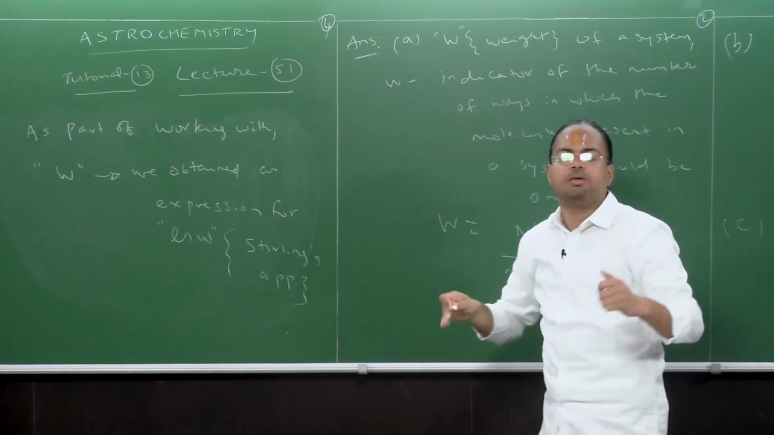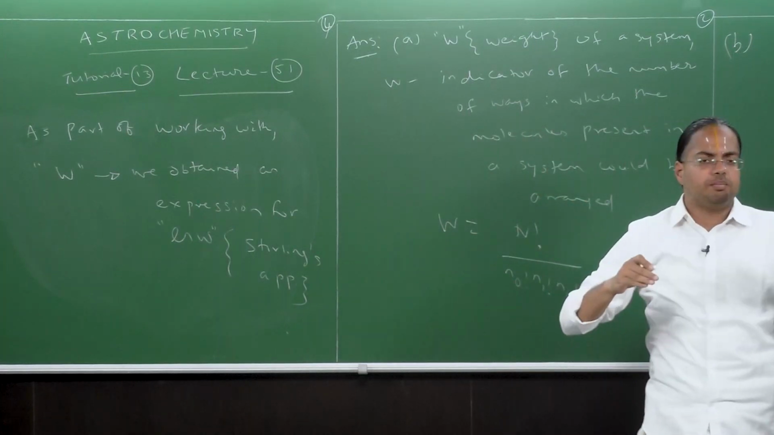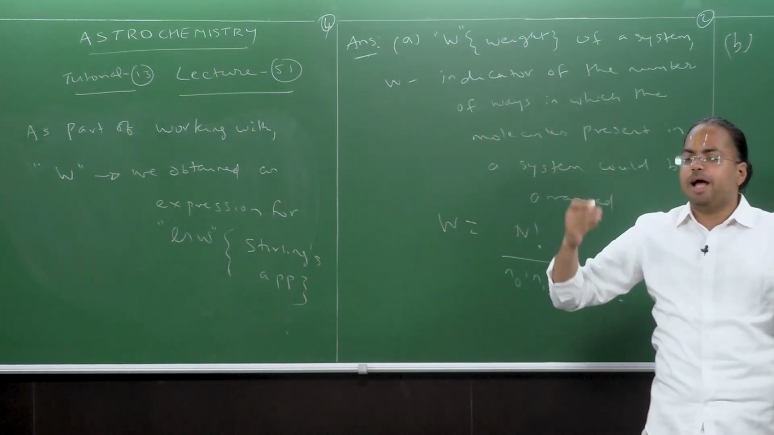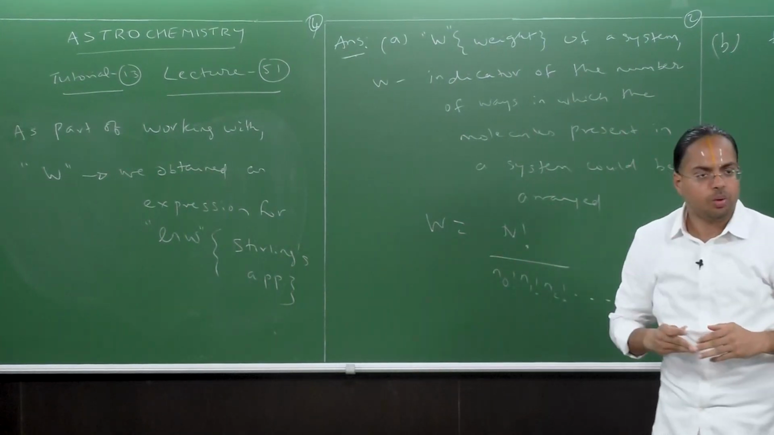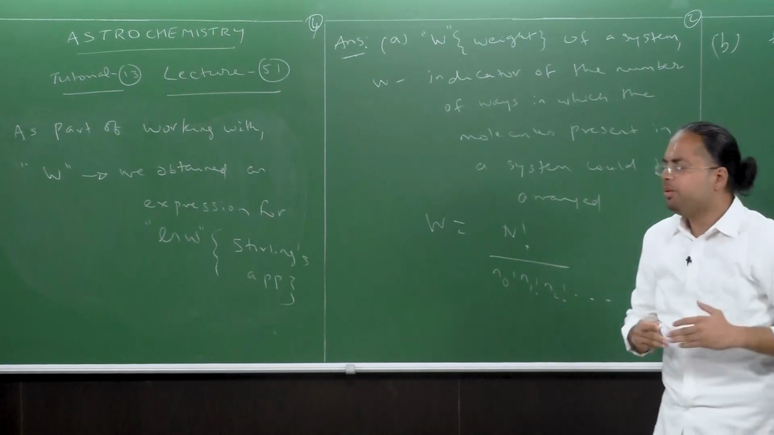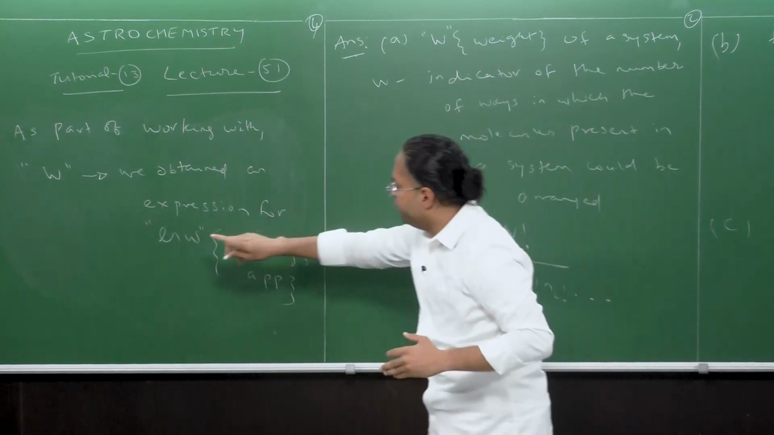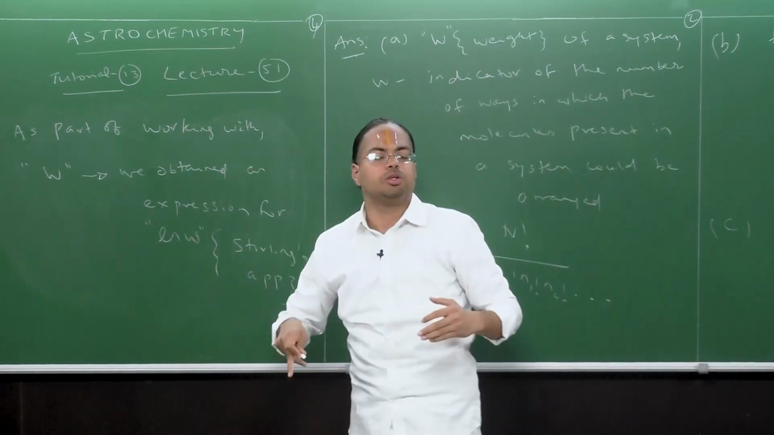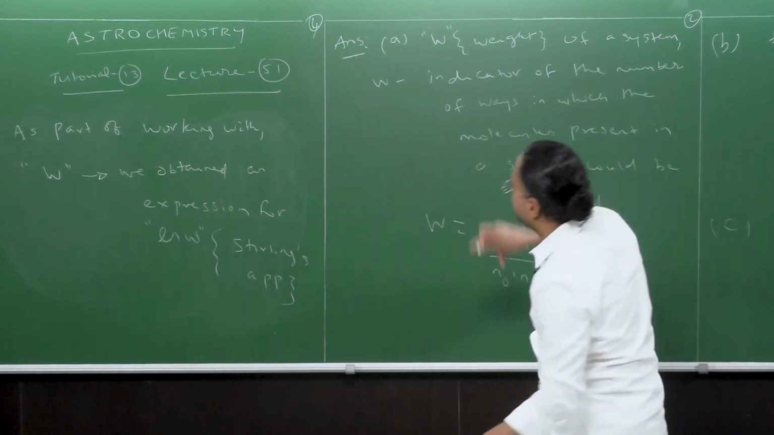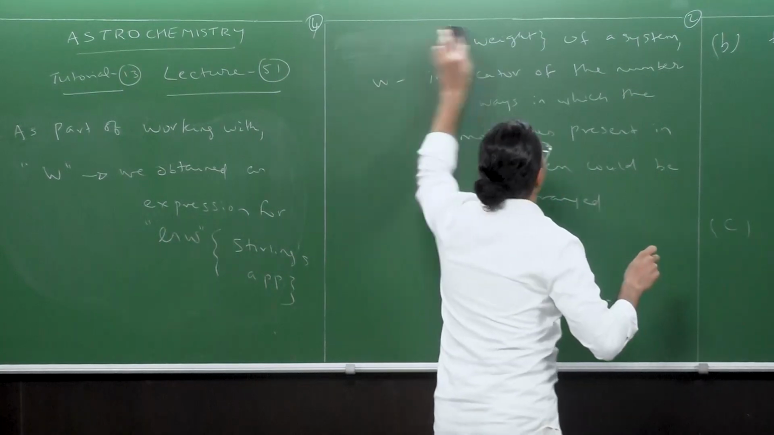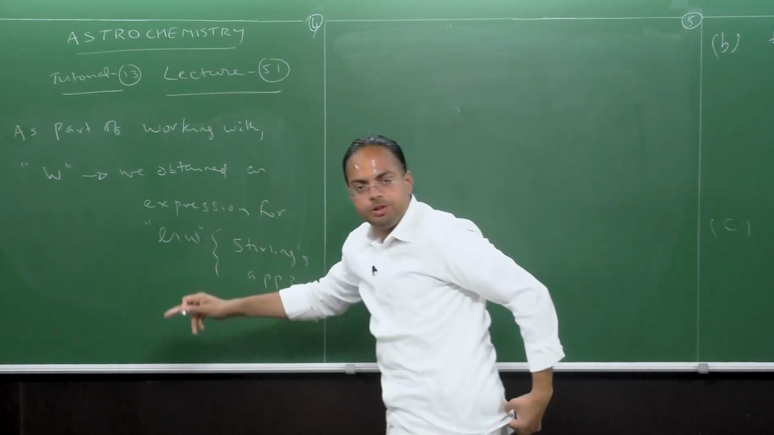In other words, we wanted to present the system with as many accessible states as possible and arrange them in as many ways. So to do that, we worked with ln W, the natural logarithm of W, and we had to maximize it. Okay, right? I'll write it down here. That is point E. So having obtained the expression for ln W,